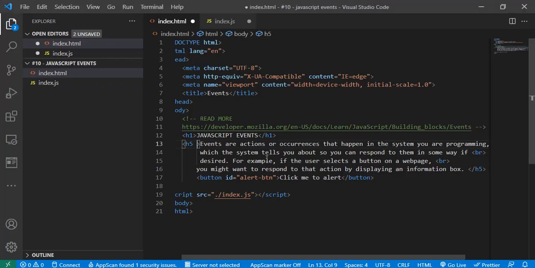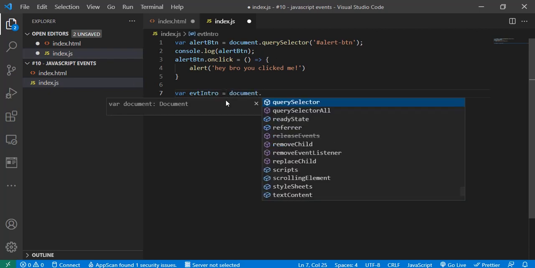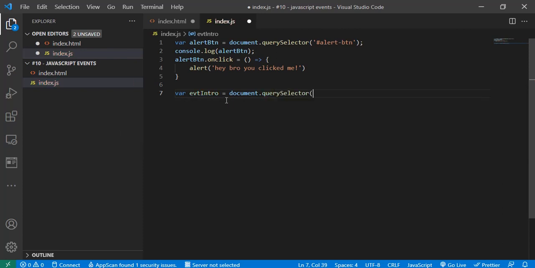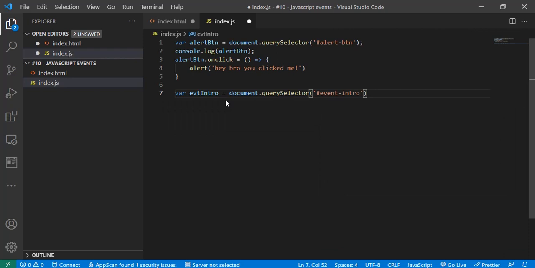So I'm going to say id or events into. So I'm going to copy it and come here, and I'm going to say var events into equal to document dot query selector. So I'm going to be selecting it with, because we are getting with an ID,